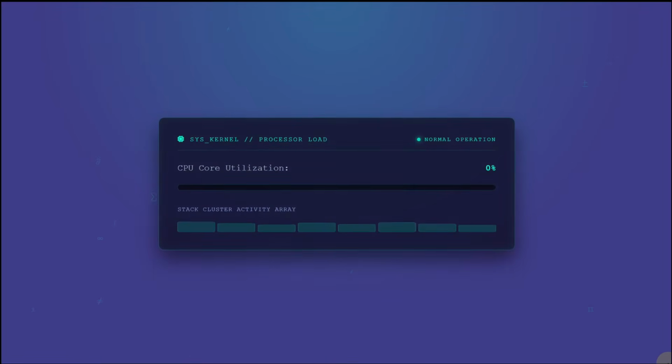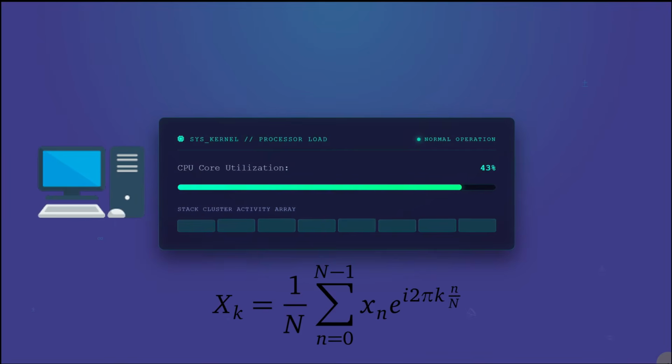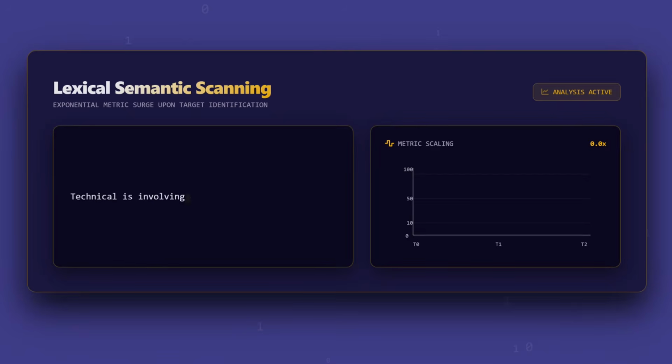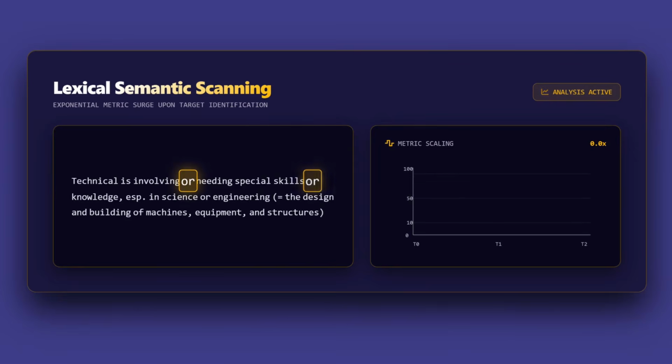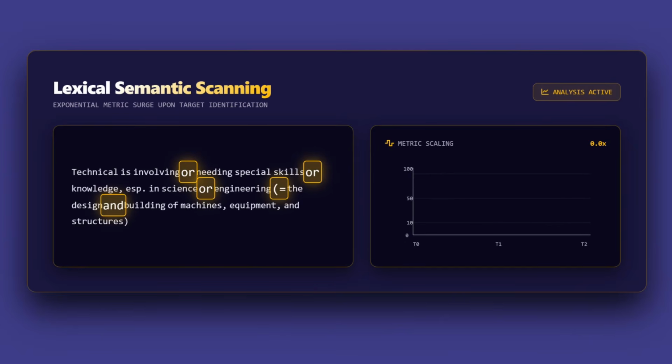Now think of a supercomputer trying to solve a hard math problem. It uses all its brain power, right? But what happens when it needs to read a simple comma or the word "and"? In traditional AI, the computer wastes massive energy treating a tiny punctuation mark the exact same way it treats a complex calculus equation. That is where LongCat 2.0 changes the game with its